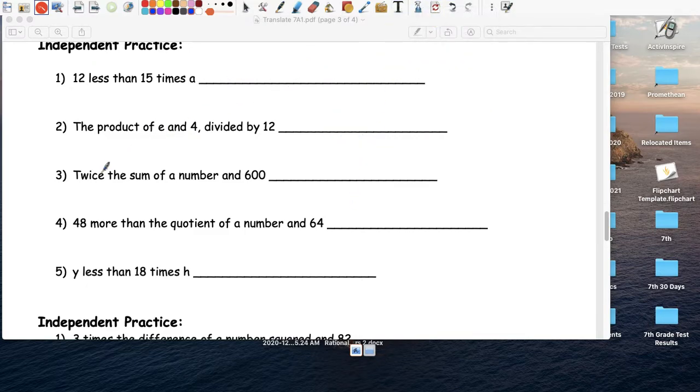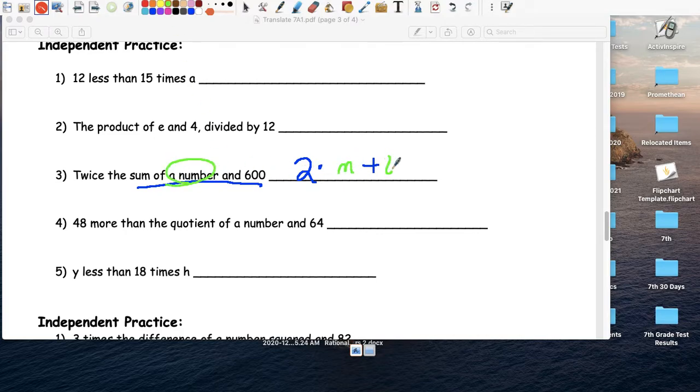Twice. So here says twice. So I know it's 2 times something. What are we multiplying that by? The sum of a number and 600. So the sum is addition. What are we adding? We're adding a number that I don't know